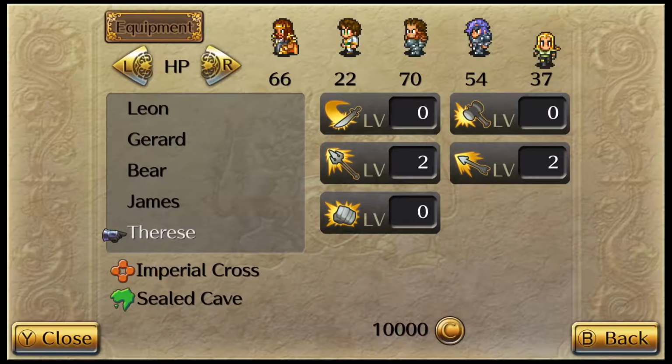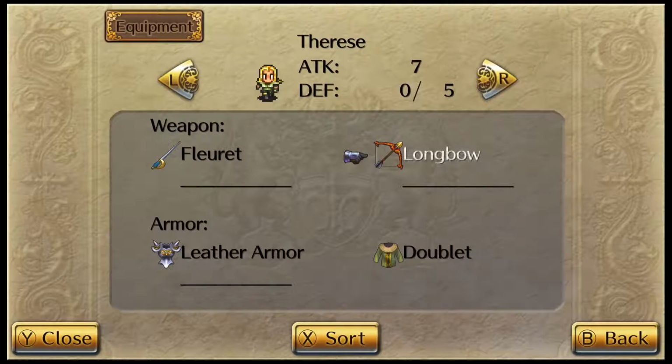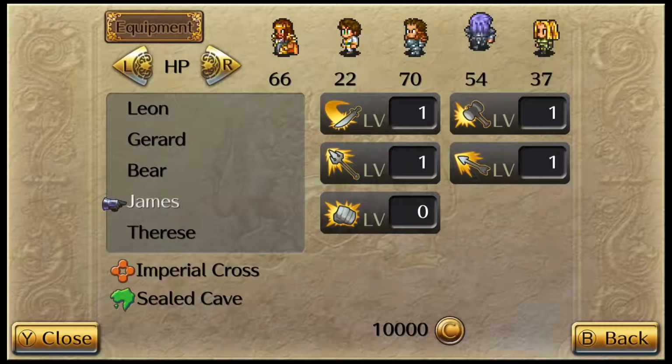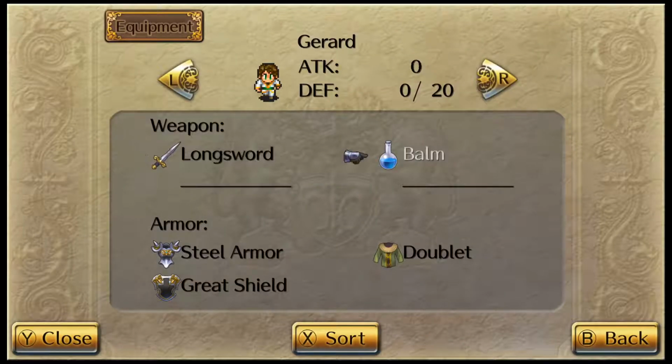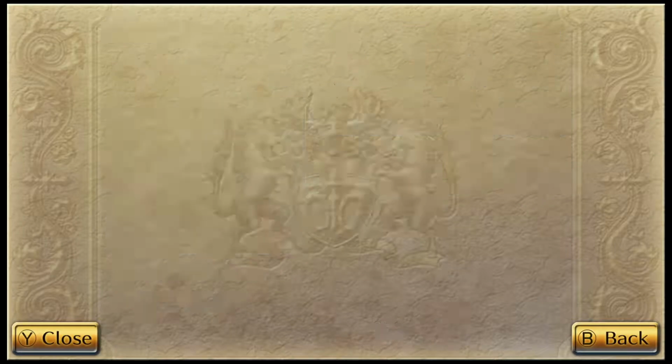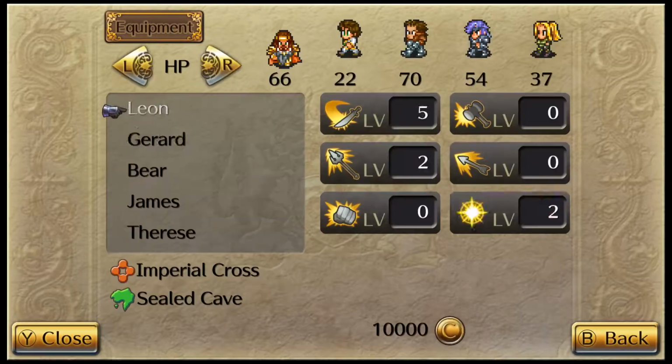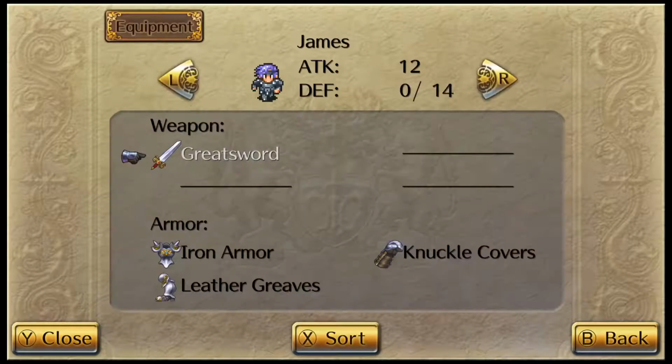I do want to have her... Do I want to get rid of the bow on her? No, I want to keep the bow on her. I do want to get Gerard. Oh, he has a longsword already. Sweet. He has all the equipment I need for him. Do we have anyone with an axe? I forget whether we do. He's got a great sword. We could actually equip that on Gerard as well and have him be...